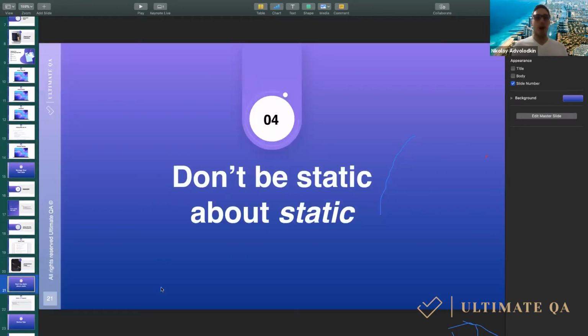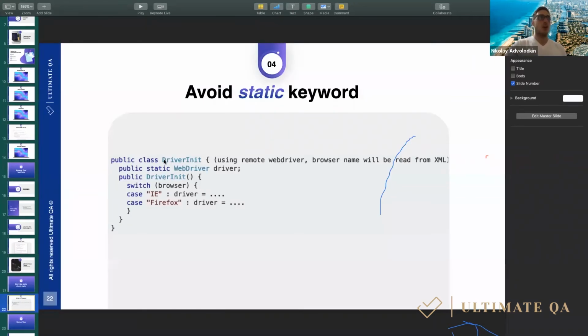And then the fourth and final one, and this one is interesting because it's like a double-edged sword. It's really easy to avoid if you know about it, which I'm telling you now. So hopefully none of you all use the static keyword in your automation, especially for creating a web driver, because what does the static keyword mean? It means that you're going to have a single instance of this driver in your memory space. And so when you start running 10 tests in parallel,